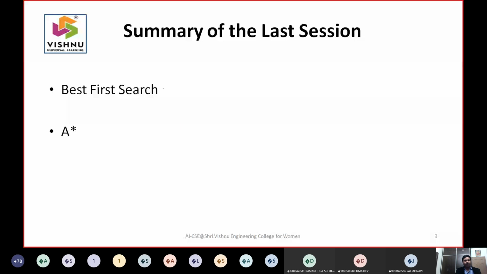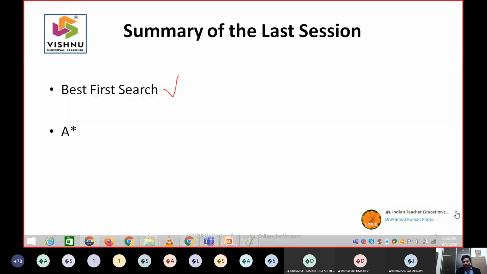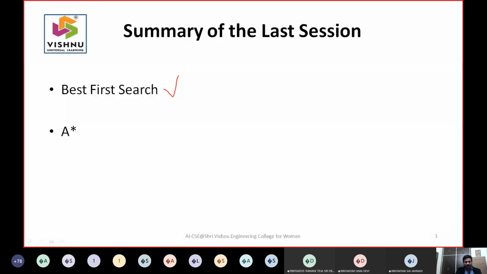We have seen what exactly the best first search algorithm is, and we also call this algorithm greedy search or greedy first algorithm. Many other names are there. But the interesting fact is what heuristic was used. Every time it talks about some value at that moment.